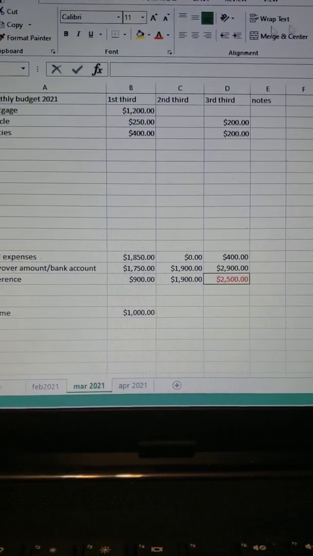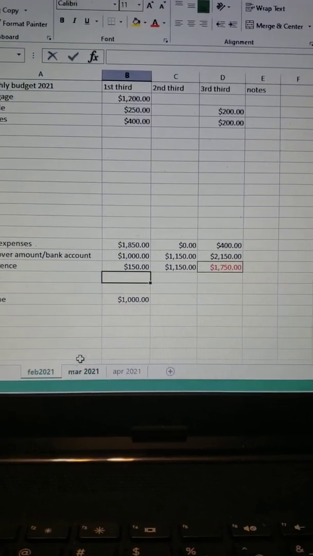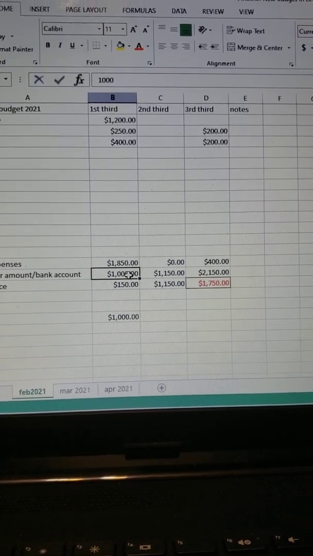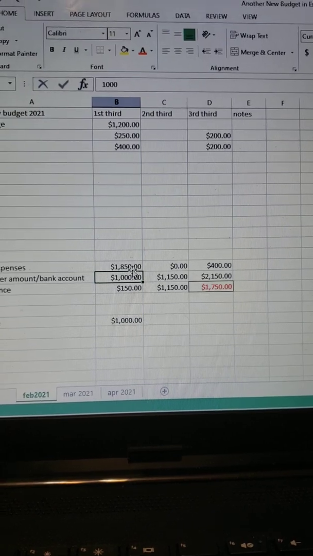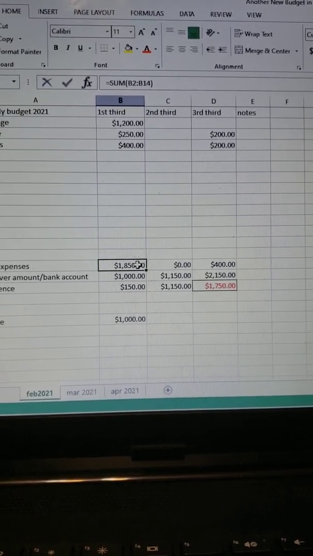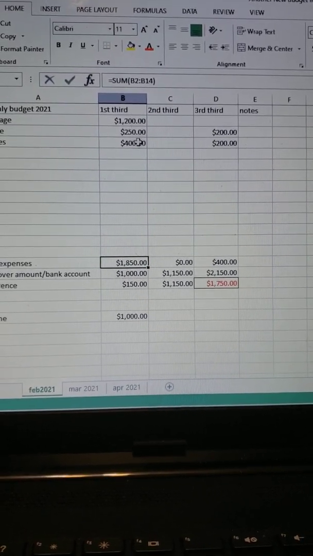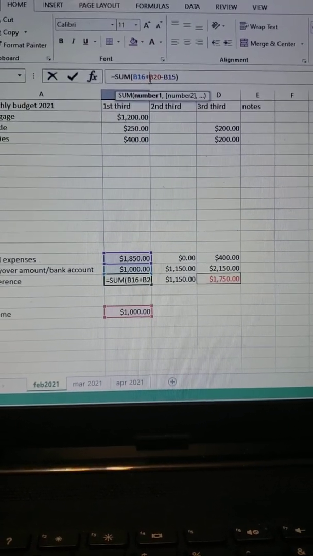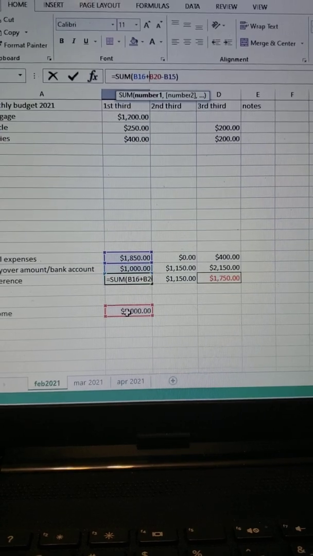Okay, if you haven't spotted the error, let's go to February. When I said yesterday you started off with a carryover amount of $1,000, we noticed that our total expenses was $1,850 for this set. Now, for the difference, I presumed that we got paid an additional $1,000